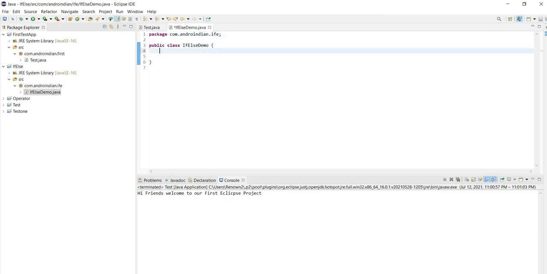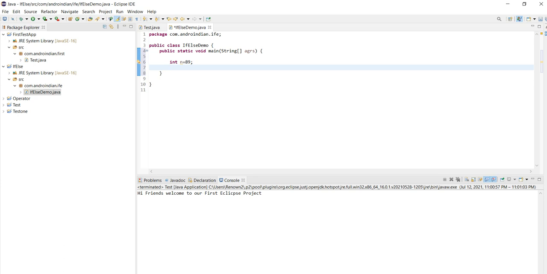Now here you can write public static void main(String[] args). This can also be created automatically while creating the program; in our next programs onwards, I will show you that way also. Here I am checking one condition. I am defining one value, int n = 89.